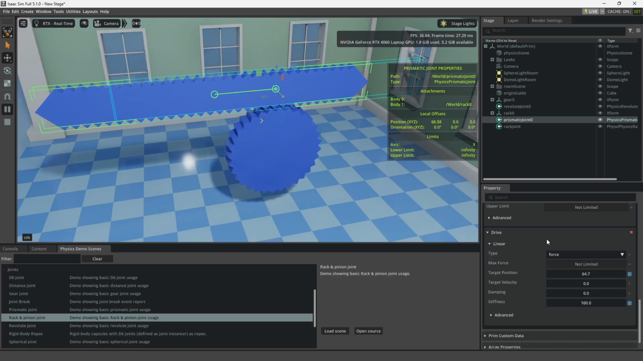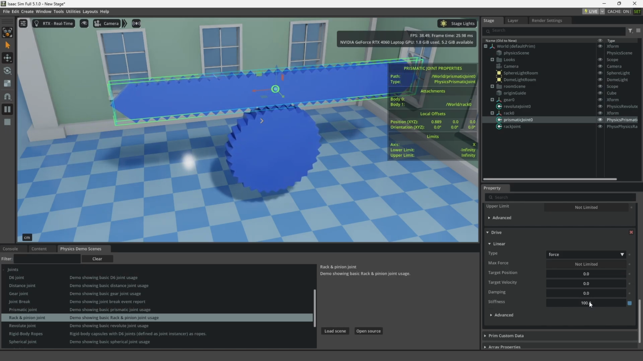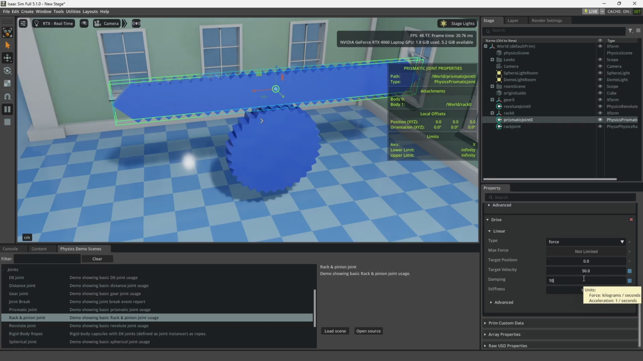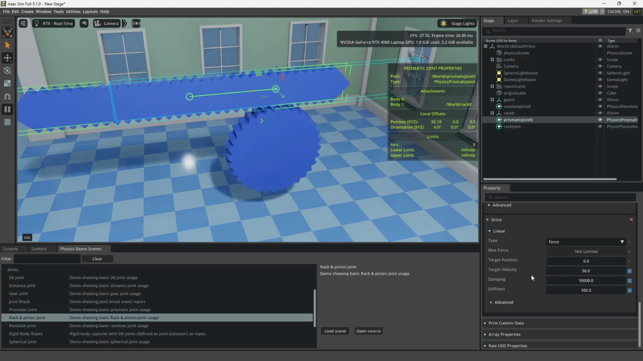Target position is what they're using. So what if we turn this off and we set target velocity to 50? What happens then? Let's go ahead and hit play. Nothing is happening, and we've got stiffness up to 100. What happens if we hit the damping? There we go. Now we're moving. And if we change this to negative 50,